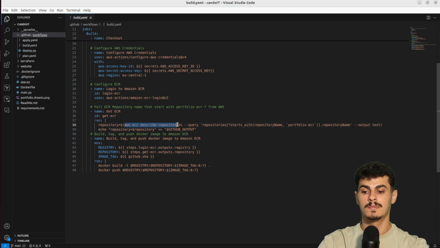that it describes repositories and it queries the repository name that starts with portfolio minus ACR. So on the back, the suffix is going to be numbers. Since we have only one portfolio minus ACR, it's going to select that one. And what we do here is that we echo the value of the repository as repository to the GitHub